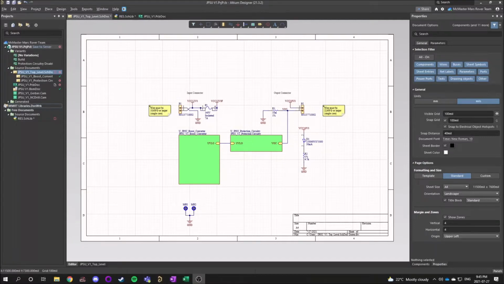Okay, this is hopefully going to be a quick video introducing you guys to our MMRT Altium libraries. I'm going to attempt to explain what a schematic symbol is and what a PCB footprint is, how our libraries manage these symbols and footprints, and how to create symbols and footprints so you can conveniently use our libraries